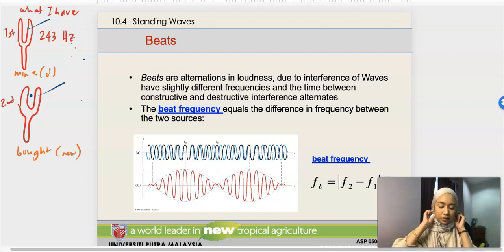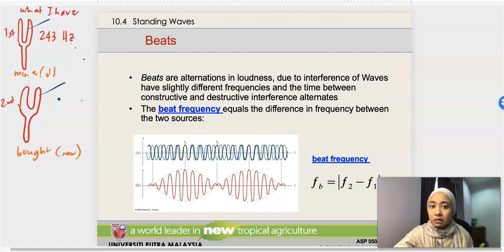That is the alternation in loudness. And when you hear ting, ting, ting, ting, it can be slow, it can be fast. When that happens, that is called a beat. So what is a beat? It is when you have two waves that have different frequencies and they overlap